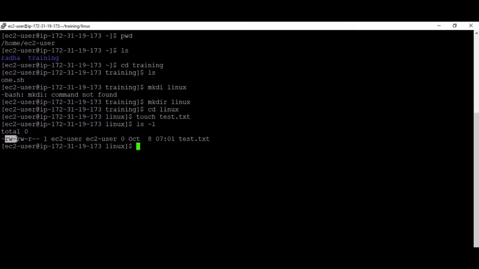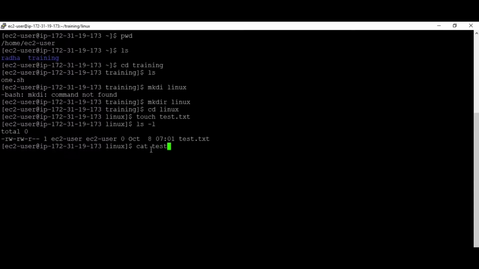These are read, write and execute permissions for 3 types of users. One is the owner of the file who has created it. The other set is for the group, if it belongs to some group, and the third is for others. So, ec2-user, ec2-user and ec2-user are the group name and the user's name, followed by the size of the file and the date and month on which it was created and the time also, and in the last column you see the file name.